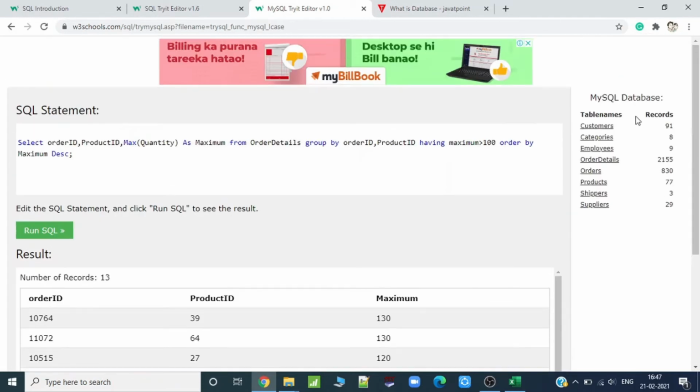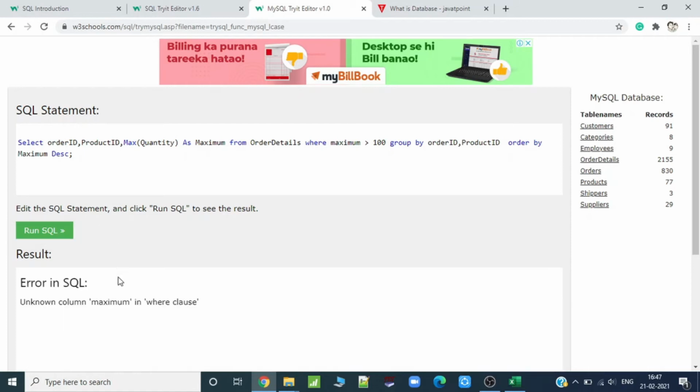But what will be the output if I just use where instead of having? It will throw the error: unknown column maximum in where clause. So if you want to put any condition on an aggregate function, I have to use having, not where.